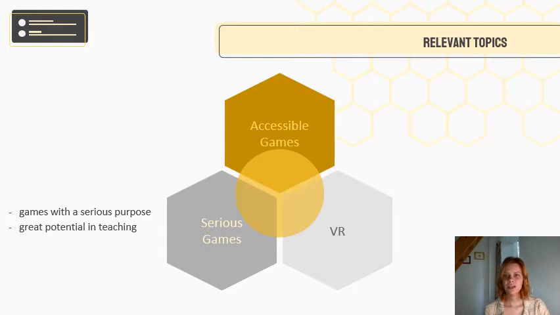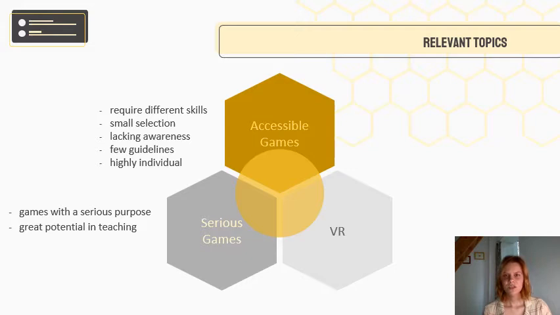Next up are accessible games, and there are 2 sides I have to mention. One are the problems with games, and the other are the relevance and possibilities of games for people with disabilities. And I will start with the problems. So to play games, you usually need different skills. And this is broken down into cognitive skills, being able to react to the game, the output, meaning to see or hear what is happening in the game, and the input. And most of the time that means you have to be able to use a controller, and that is what my work focuses on.